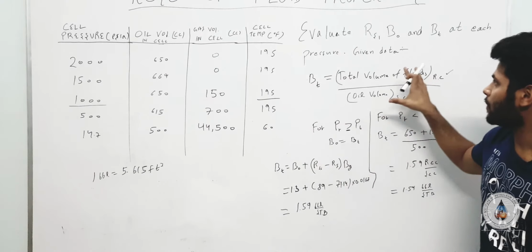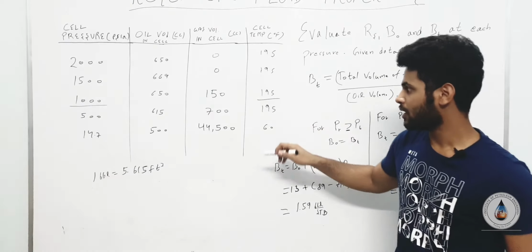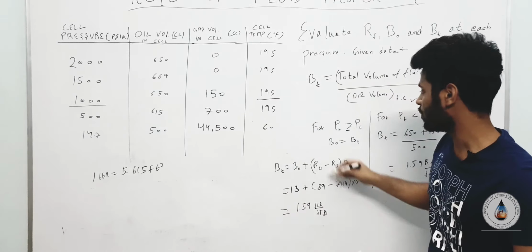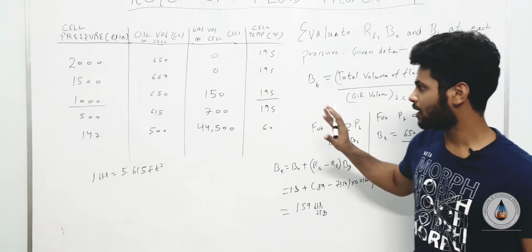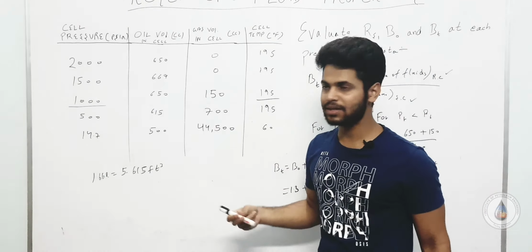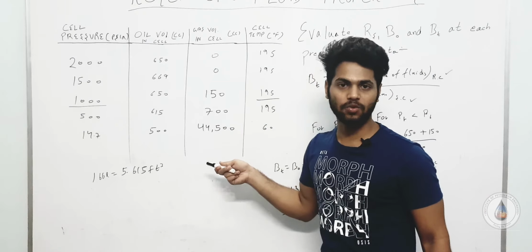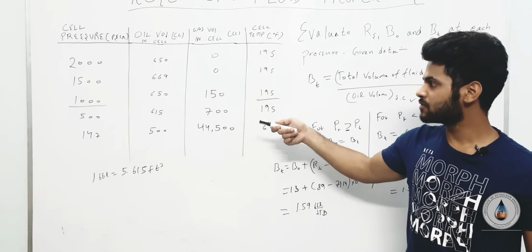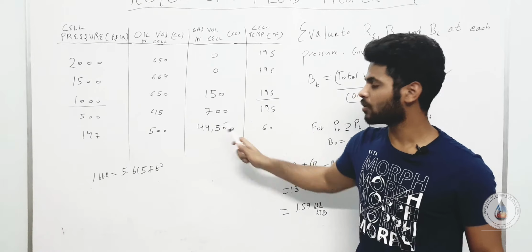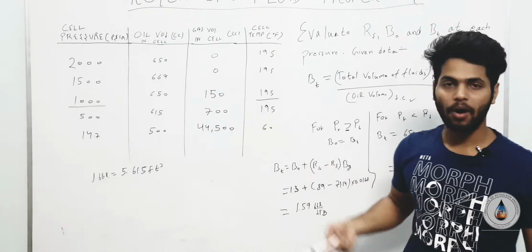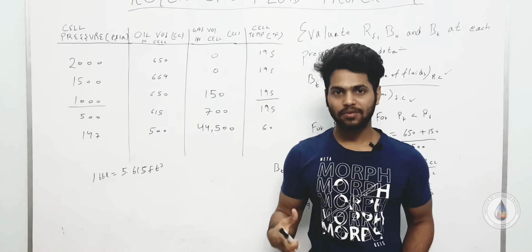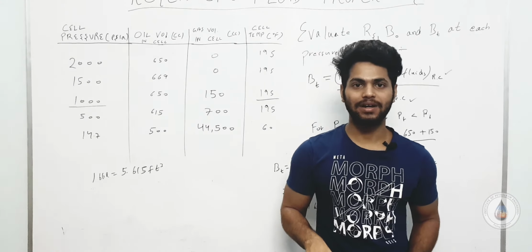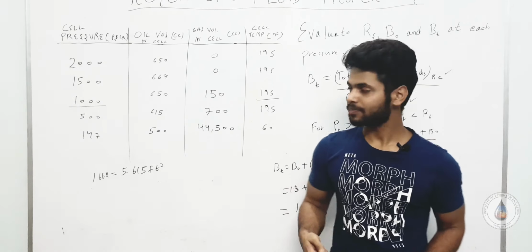Second, for a particular problem, if my data is given laid out like this and I have to evaluate something, I have to consider the surface condition and reservoir condition before I proceed with the question, because what most students will do is simply subtract this value from this value to arrive at the amount of gas that was dissolved in the system, which is completely wrong, because my pressure and temperature conditions have to be considered.